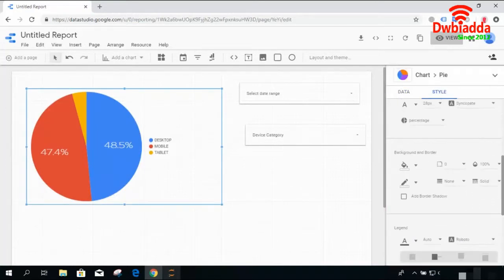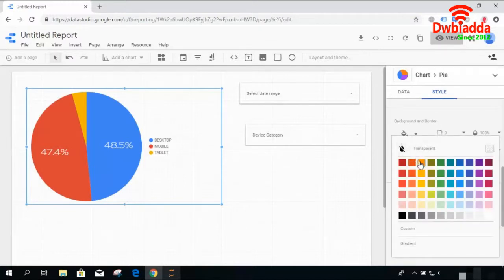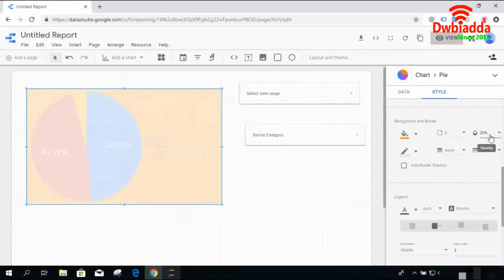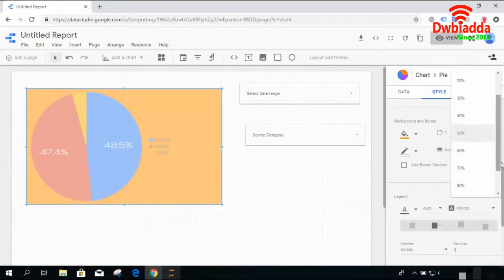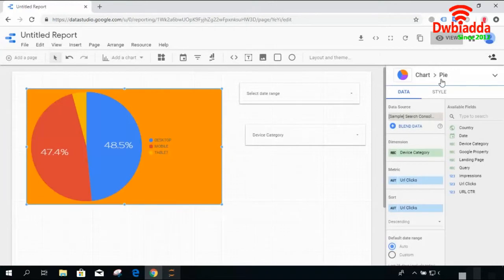The remaining styling features are background and border. You can select the background and border like this one. Okay, so opacity: if you decrease the opacity it will look quite dim, and as you increase the opacity it will be more clear and visible. So this is the opacity. You can also set other features,